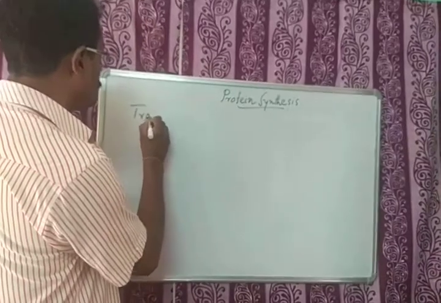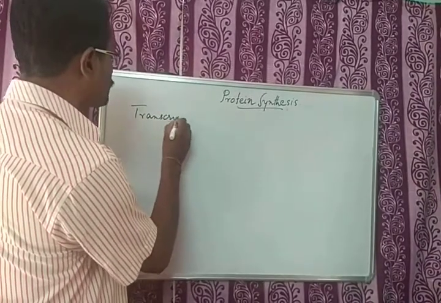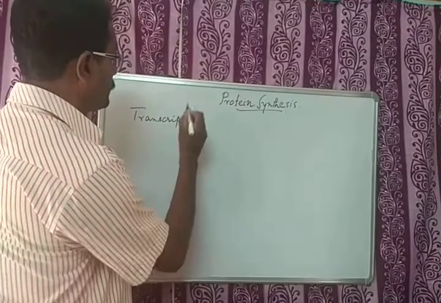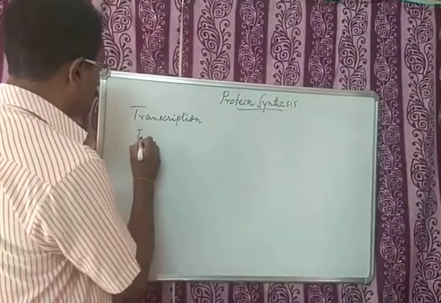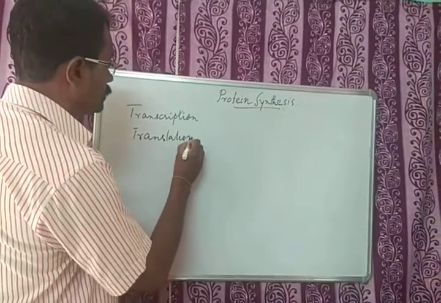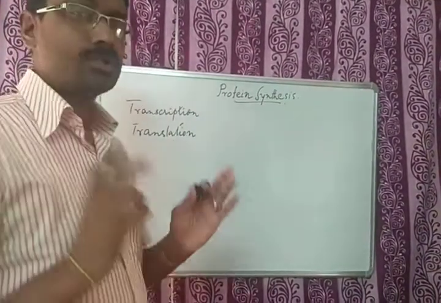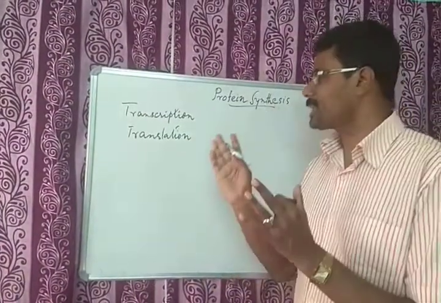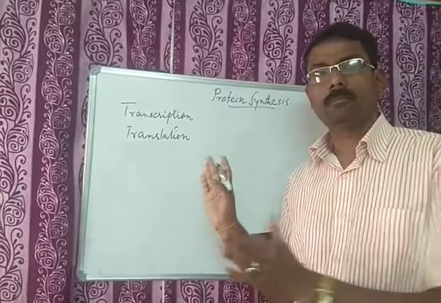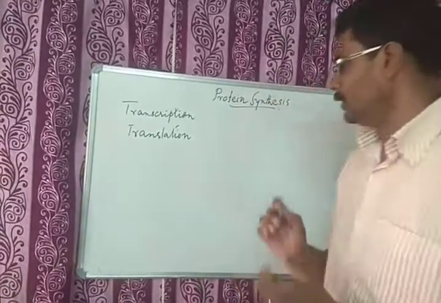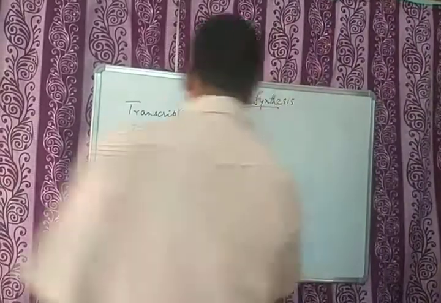One is called the transcription. Okay? The other is called the translation. Two things are there. So what is happening now in that case, the transcription is followed by the translation. Clear? Now, see students, one thing, DNA